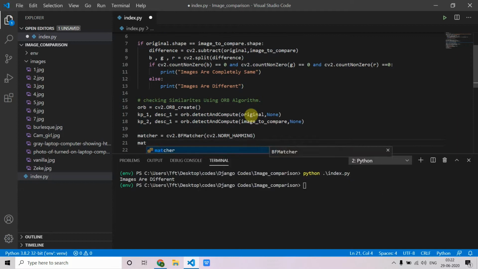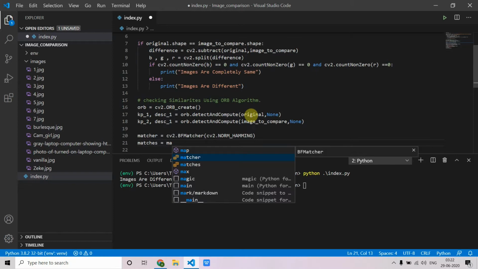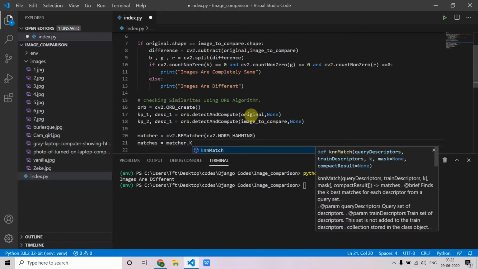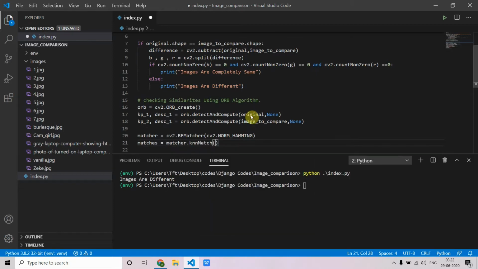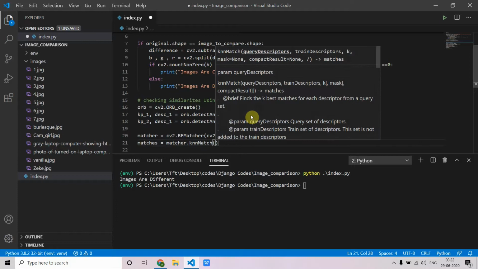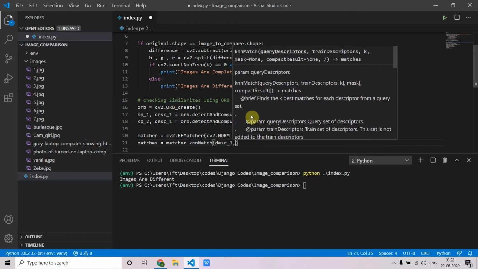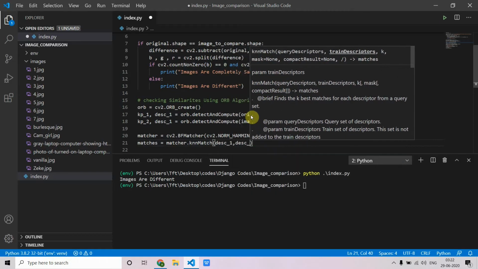Then matches is equal to matcher.knnMatch to find the matches. Pass it descriptor 1, then descriptor 2.